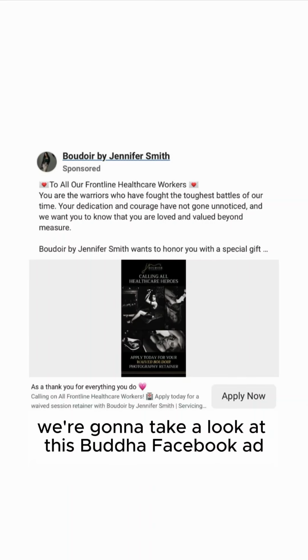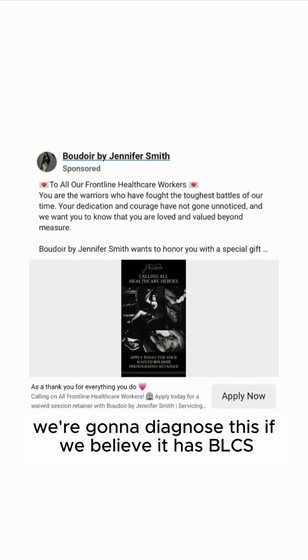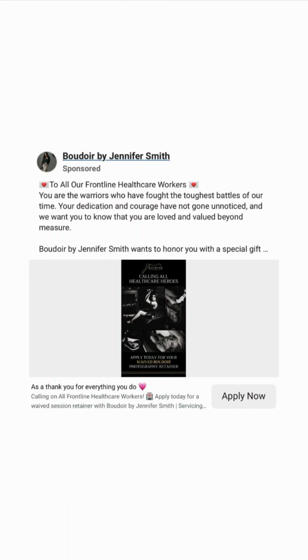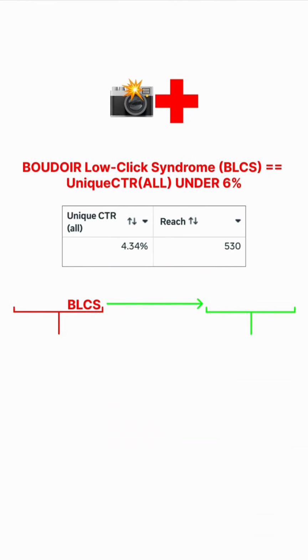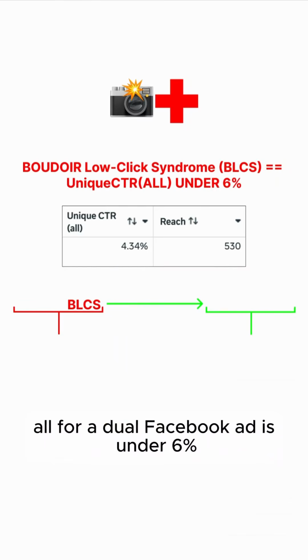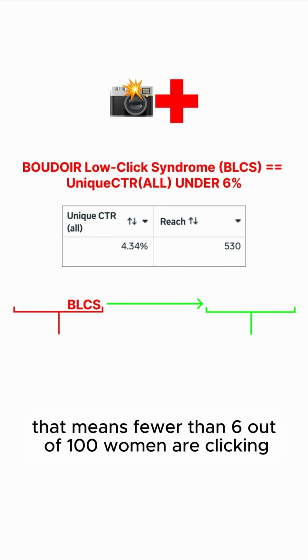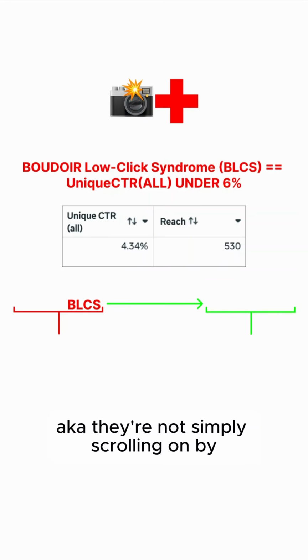All right, y'all, we're going to take a look at this Boudoir Facebook ad. We're going to diagnose it, see if we believe it has BLCS, aka Boudoir low clicks syndrome. So Boudoir low click syndrome is when the unique CTR all for a Boudoir Facebook ad is under 6%. That means fewer than 6 out of 100 women are clicking anywhere, somewhere on our ad, aka they're not simply